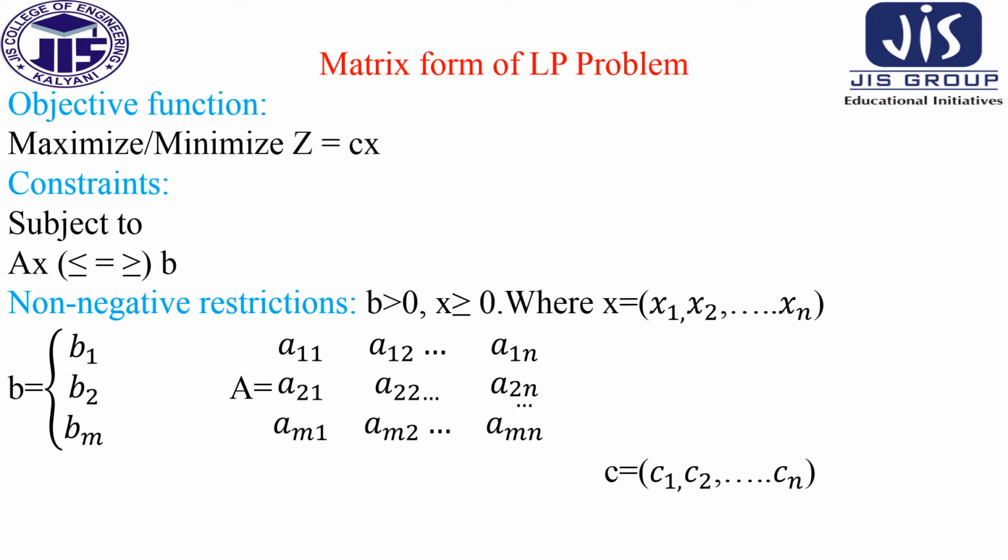So A is one two-dimensional matrix, and this is basically a11, a12 dot, a1n; a21, a22 dot, up to a2n. Then the ith term will be ai1, ai2 up to ain, and the mth term will be am1, am2 up to amn. And what is b? B is the right-hand side part of the constants. So this is one column vector: b1, b2 dot, up to bm. So b is also greater than 0, and x also has the non-negative restriction, x greater than or equal to 0. Okay, so this is the matrix form of one LPP.